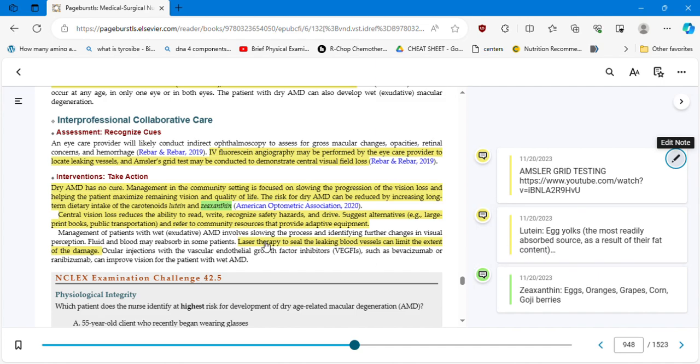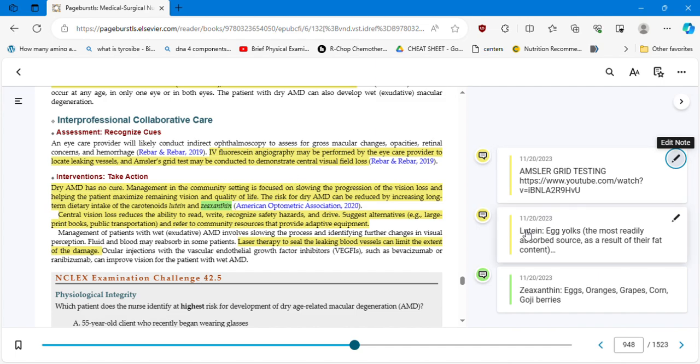Okay, let's continue. The dry AMD has no cure. Management in the community setting is focused on slowing the progression of the vision loss and helping the patient maximize remaining vision and quality of life. The risk for dry AMD can be reduced by increasing long-term dietary intake of the carotenoids lutein and zeaxanthin. Okay,